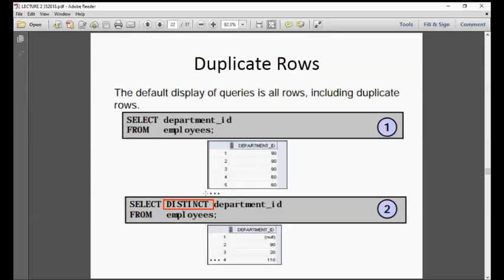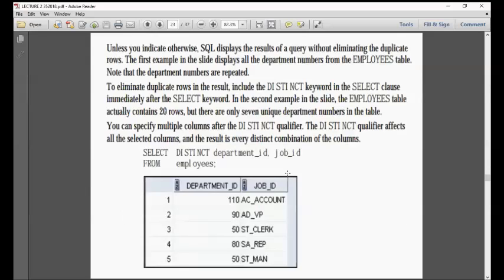Now, if you put the word distinct, it means original, then it will not have duplicates. Simple as that. Okay? You want to see all the master list, it is here. But if you want distinct, use distinct to know the original without duplication. Okay?